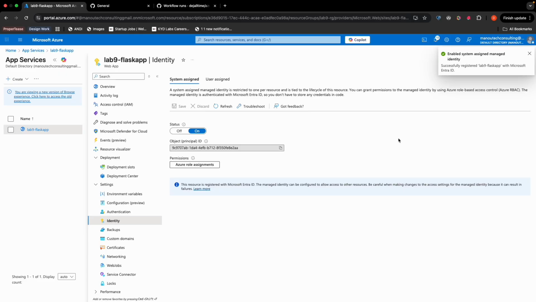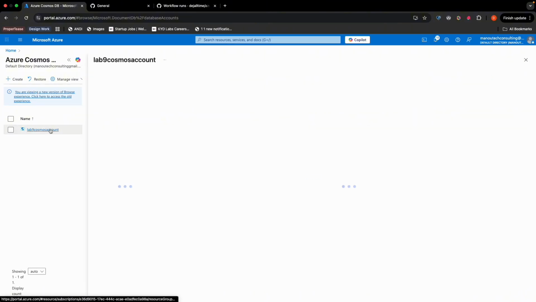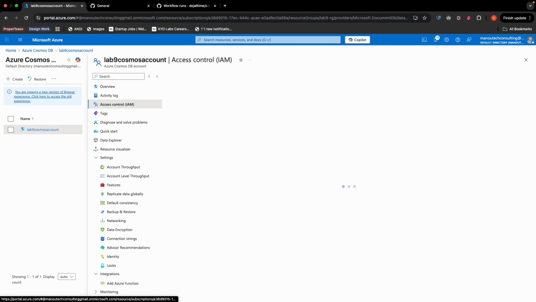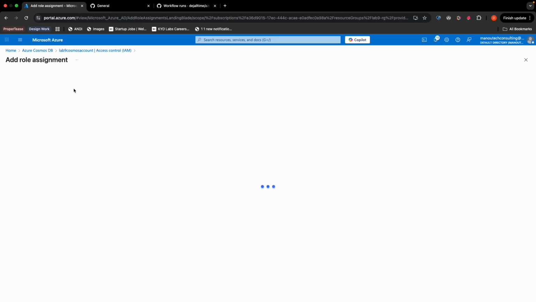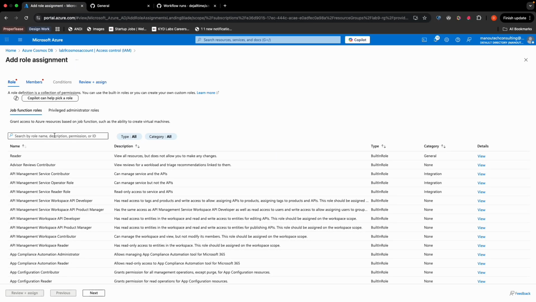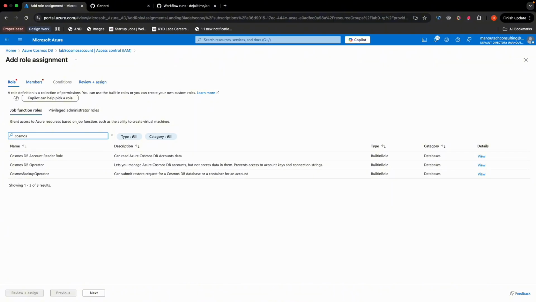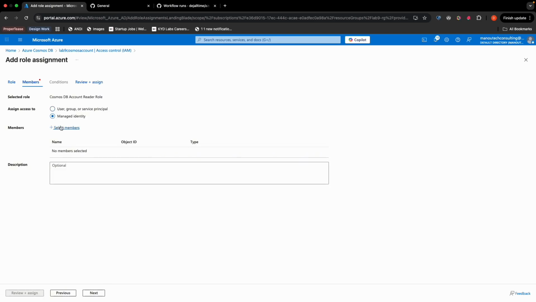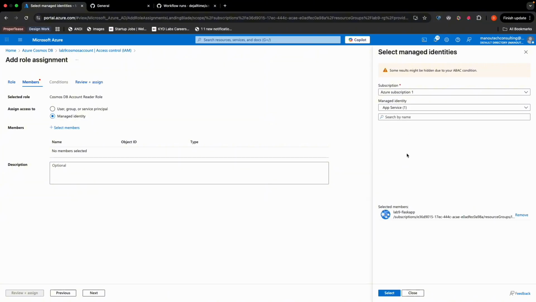So this is it. And what we can do now is go to Cosmos DB, and basically just go to IAM, and then we can add role assignment. So we could just find Cosmos DB account reader. So we have Cosmos DB account reader here, and then I can select the app service, select my application,